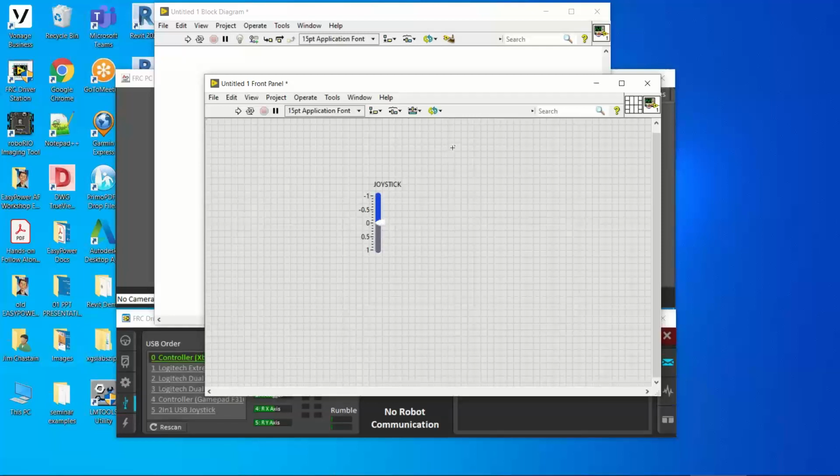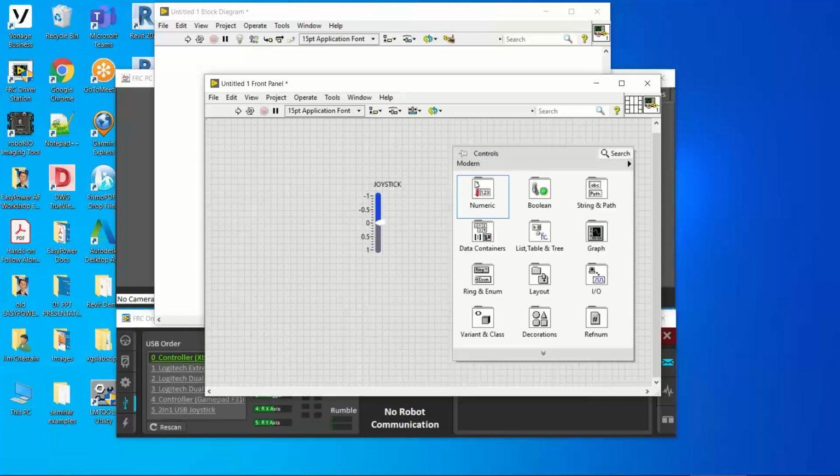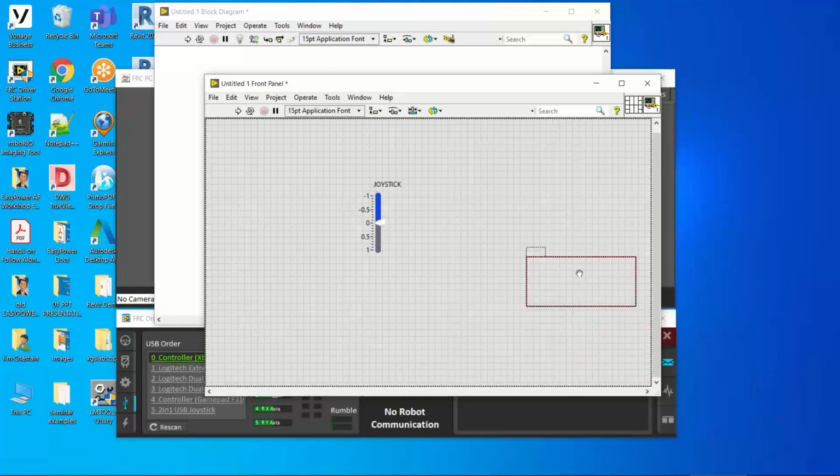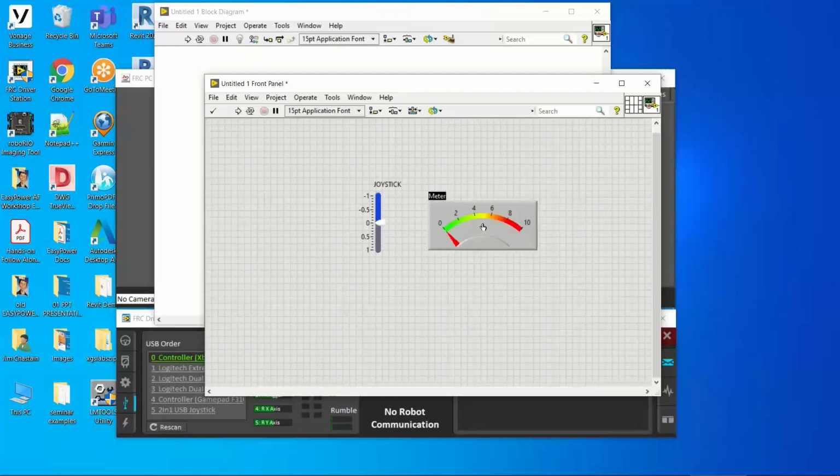Now I'm going to go back to my palette, my numeric palette, and I want to pick up the meter down here on about the 3rd or 4th row. Click it once, position it somewhere near the center on the right side, click a second time, and it's highlighted the word meter. I want to type in motor. So a motor, you can tell spelling doesn't count if you're watching me. Okay,